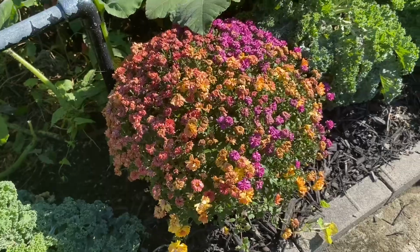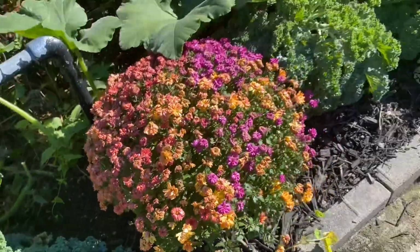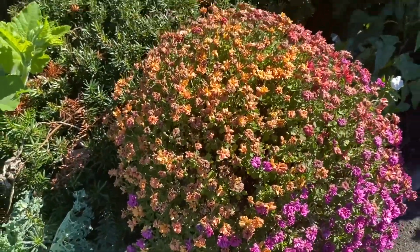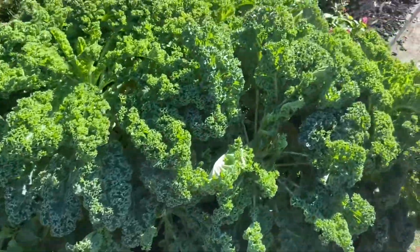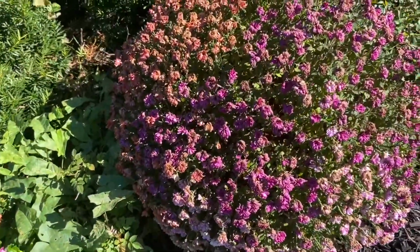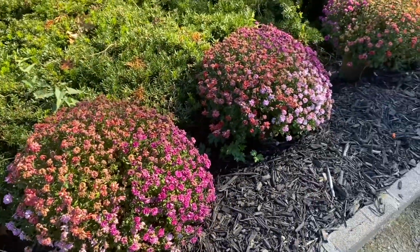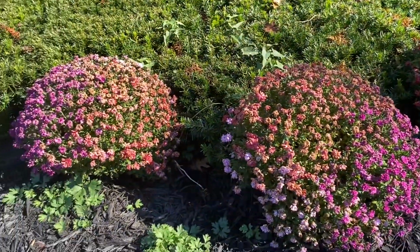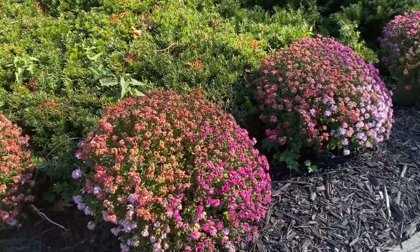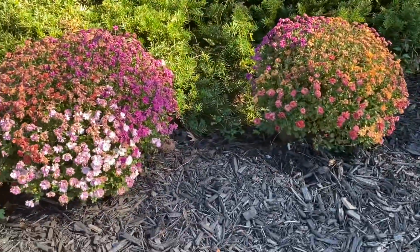Right now the plants are in pots, and as you can see, they're about to fade, so they need to get in the ground. My kale is doing fantastic, but yeah, they need to be placed in the ground. These I'm going to take up and move over there because I don't think that I want to plant them over here